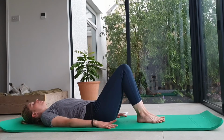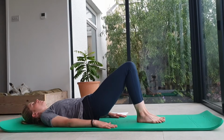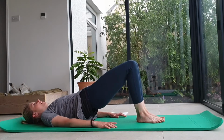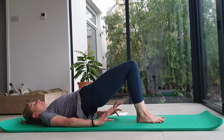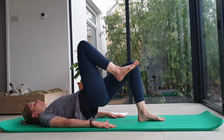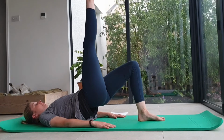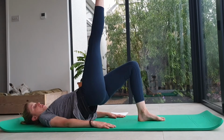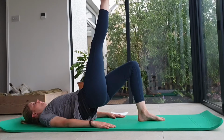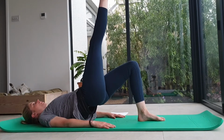Okay, now from here we're going to lift the hips and we're going to hold it at the top. Just check that that chest is kind of heavy, that the bum is engaged. And from here, keeping those hips lifted, you're going to bring your right leg, the knee's going to come into the chest, and then the leg is going to straighten to the ceiling. And you can flex that foot. And you're going to push through this left foot. Keep everything lifted, keep those hips